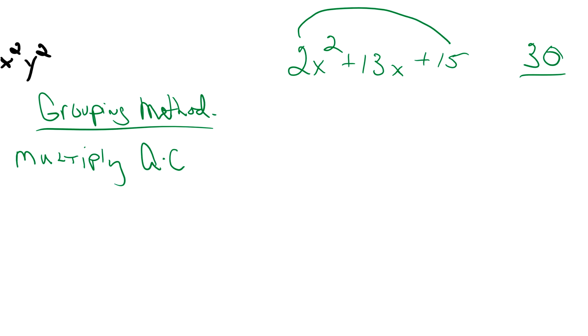A is 2 and C is 15 and B is 13. That's the standard form. So I'm multiplying A times C, and when I get my A times C, it's 30. Then I want to find 2 factors of 30